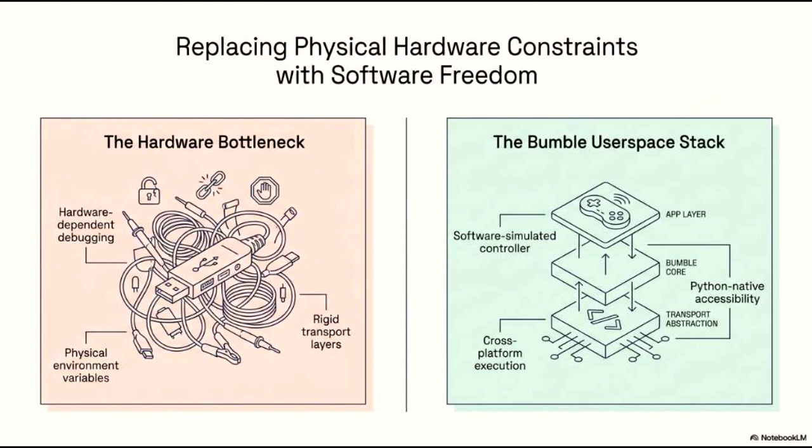On the right, we introduce the Bumble Userspace stack as the solution to these challenges. By abstracting the hardware, we move into a clean, layered architecture that provides true software freedom. At the foundation, we enable cross-platform execution through transport abstraction, removing the need for specific physical setups. The Bumble core provides Python-native accessibility, making it easier for developers to interact with complex protocols. Finally, at the application layer, we utilize software-simulated controllers. This allows for a programmable, scalable, and highly accessible environment that bypasses the limitations of the physical world, ultimately accelerating